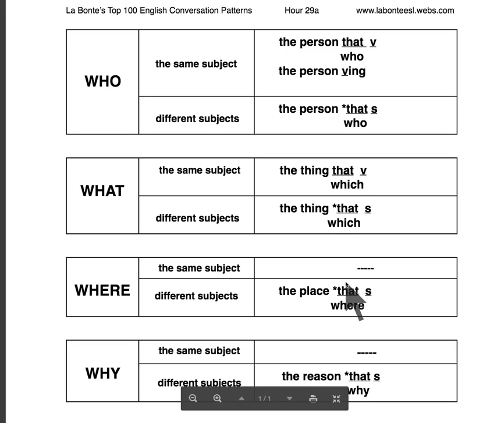I think the reason that I had so much problems in using this pattern initially in Korean was that in Korean, this part goes here. This part goes here. So it was sort of backwards for me. There's not many languages that reverse the order. Most have a subject verb object. Korean has subject object verb, so it was a bit different. So if you run into Korean students, you can see if they find this easy or not.